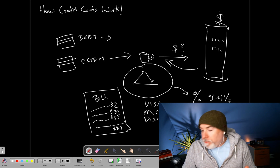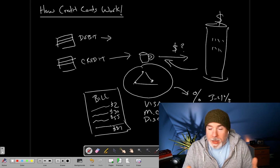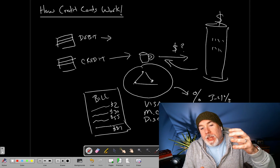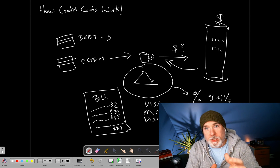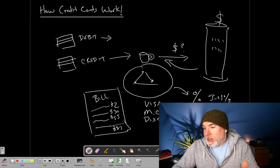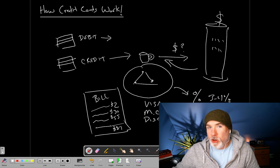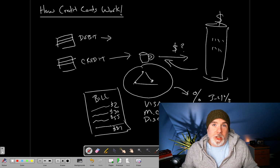Now, here's the thing. We talk about avoiding credit cards because you don't want to go into debt, and you don't. But the price of those interchange fees that the merchant stores have to pay is baked into the price. And so if you're paying cash and the guy next to you is paying with a credit card for the exact same thing, and he's getting 2% back on his credit card, he's getting a 2% discount essentially on the